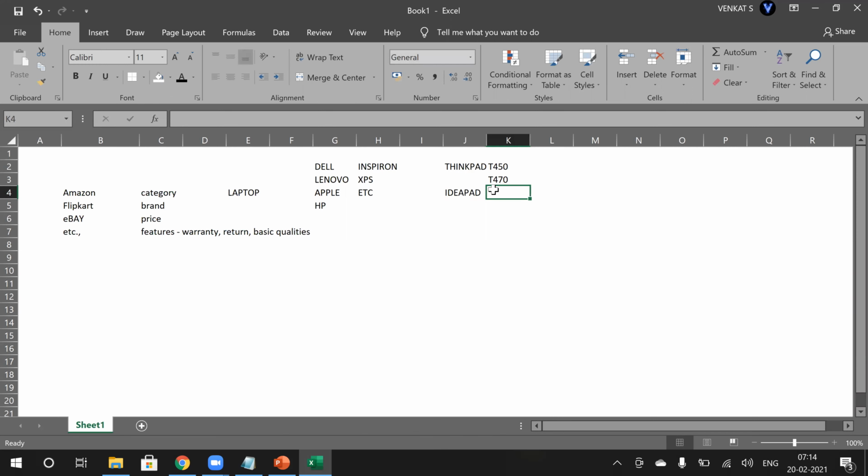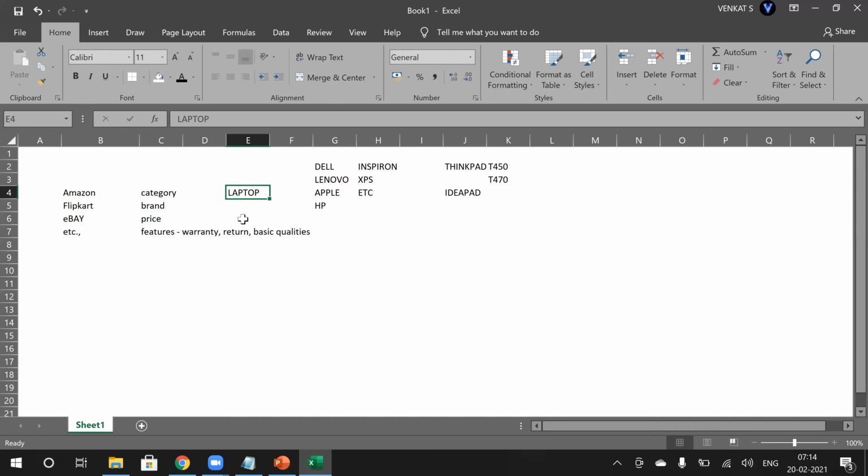In IdeaPad again we have various variants. And if you want to further segregate, even in ThinkPad, based on the RAM and processor, we can choose the relevant laptop required.